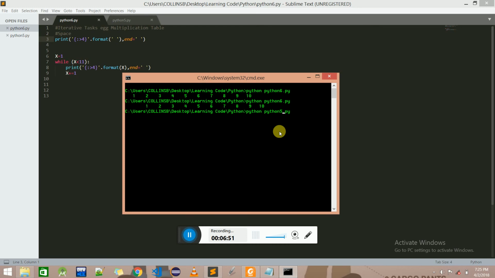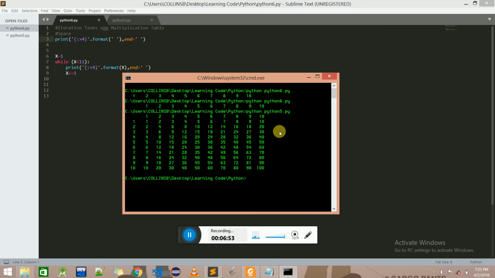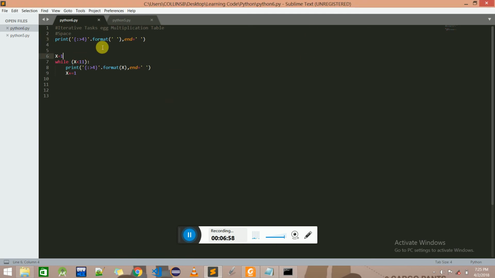So you can do Python 5 and you can see this first line represents the first line on that piece of code, and that isn't enough. So let's go back